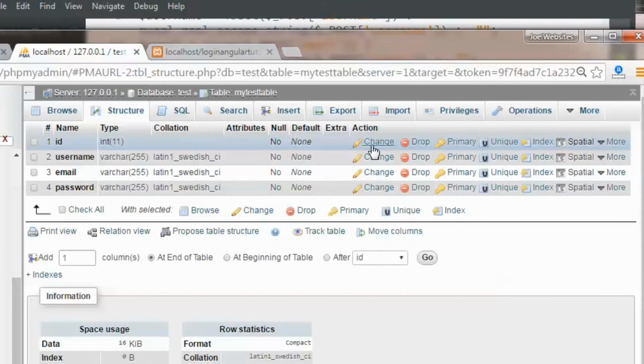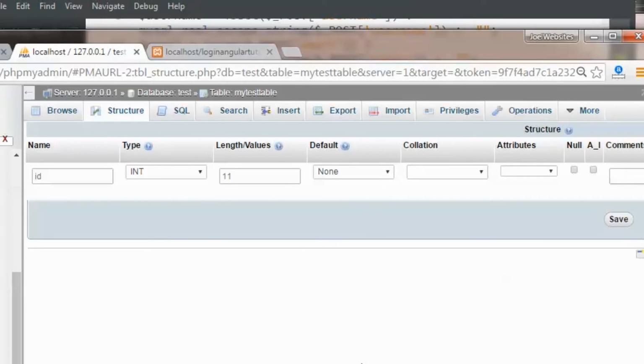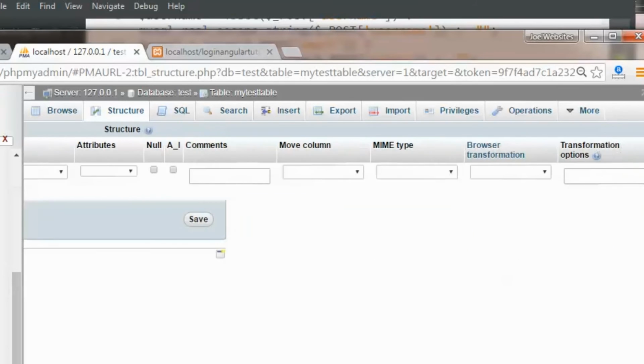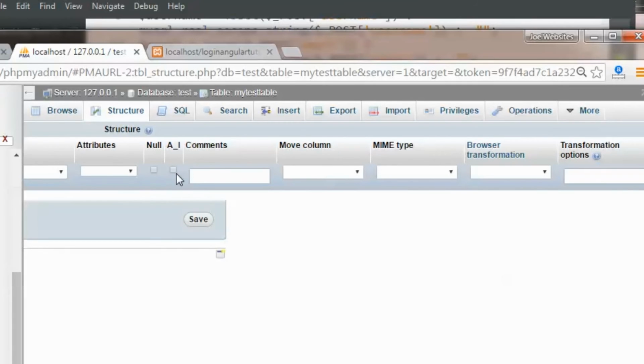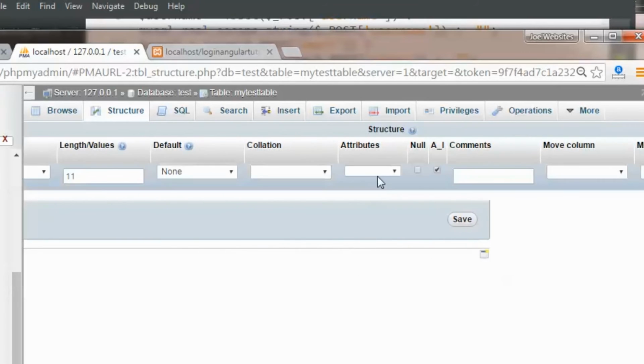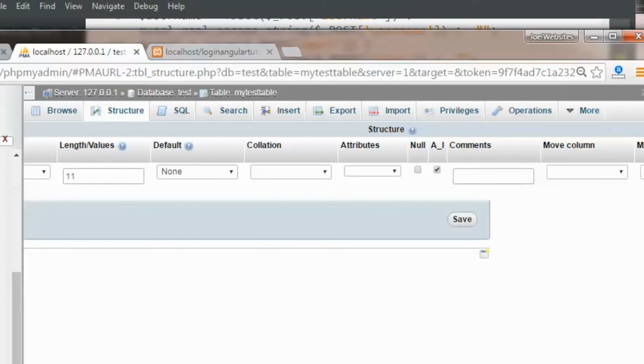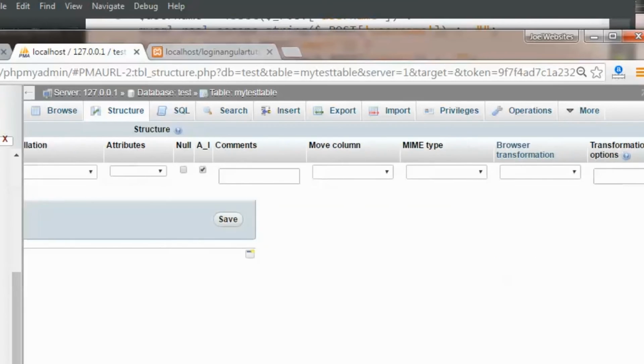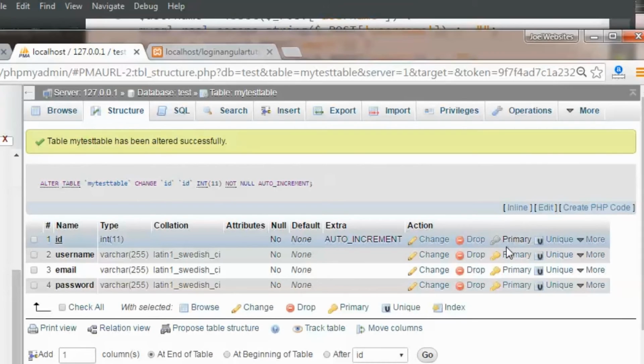So what I'm going to do is click on change, and then click on the auto increment option, and then make this primary. Okay, it's already made primary.